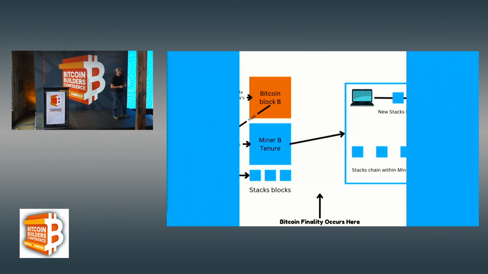And the reason is because remember that miner B, when they initiate that tenure change transaction over to miner C, they have to include the first transaction mined in miner A's tenure. And so we have this n+1 system for whenever a stacks miner submits their block commit transaction, they're including the previous miner's first mined block. And that is what's going to anchor, and remember, that's on the Bitcoin chain, so that's what's going to anchor that history to Bitcoin. And so this, plus the fact that stacks cannot fork on its own, it means that